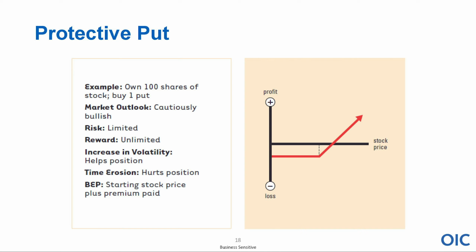Well, the idea here is, look, on the protective put, I own 100 shares of XYZ, and you know what? I'm nervous. Why am I nervous? They've got earnings coming out in 6 weeks, and maybe their CEO is going to have to go appear before Congress or something like that. I'd like to buy some insurance, at least temporarily. I'd like to keep my upside open. I think this is a great stock, okay? But temporarily, I'm nervous about something, and I'd like to buy insurance.